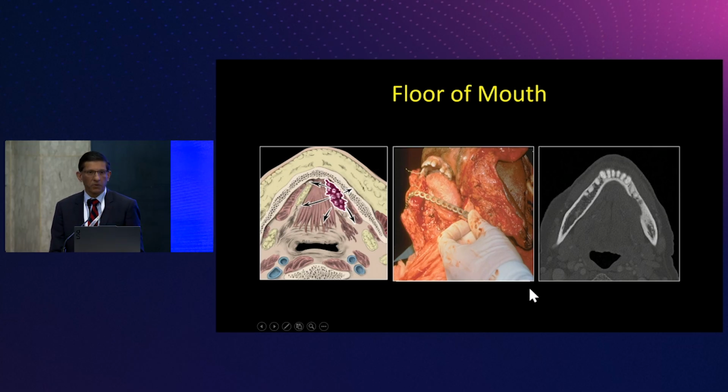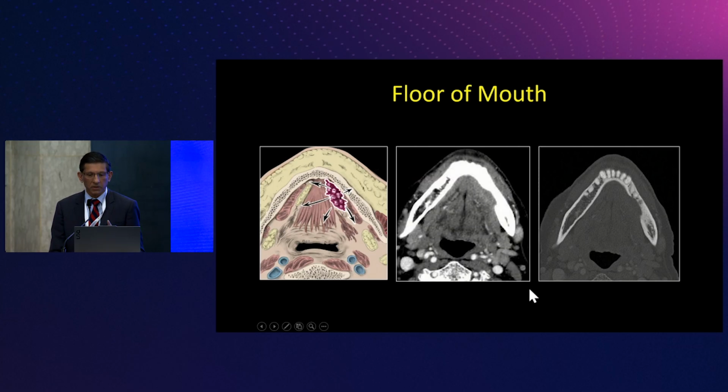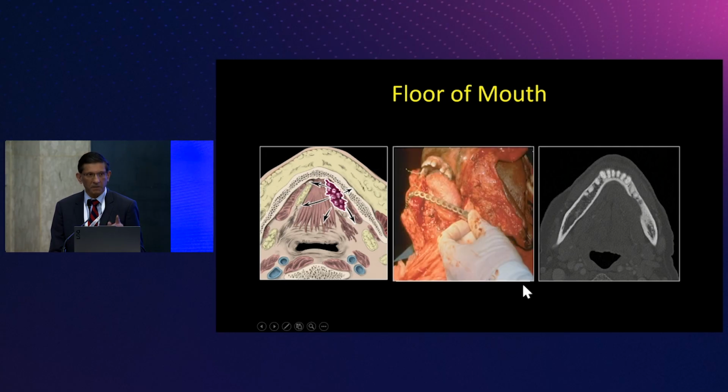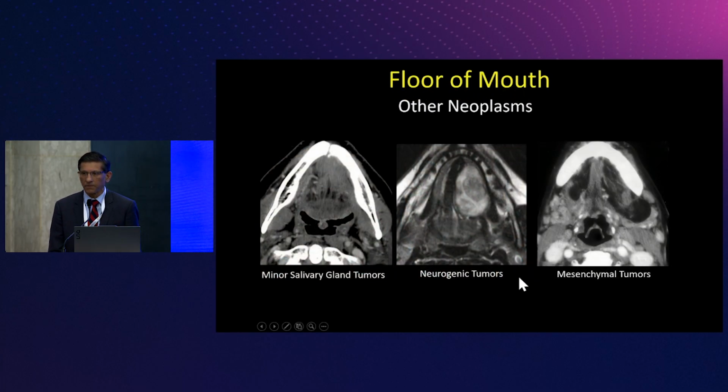But in your report, by saying there's bone erosion, you're the one that determines how these patients are treated. No matter what the surgeons say, if it's in your report, the surgeon's obligated to take out the mandible. So when we talk about the value and the real importance of what we do, that's what we do.